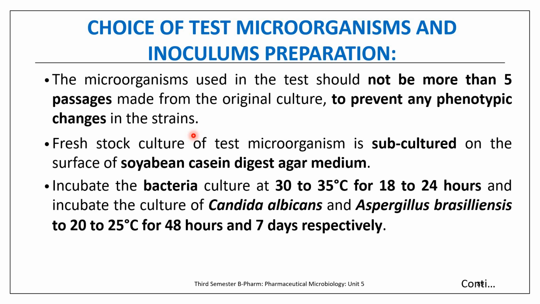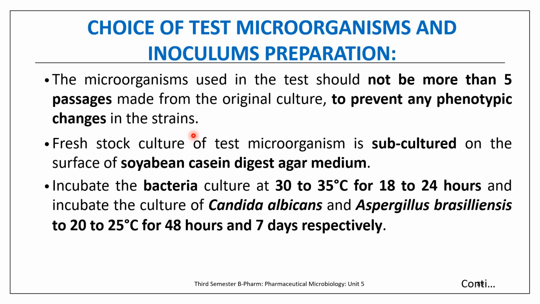So usually there are two kinds of changes for a microorganism: phenotypic changes and genotypic changes. In case of genotypic changes, if there is any change in the gene, like in mutation, the property of the microorganism can change. Or otherwise, depending on the environment, there is a chance of changing the effect or property of the microorganism, like in phenotypic changes. So we have to use any microorganism which is not more than 5 passages made from its original